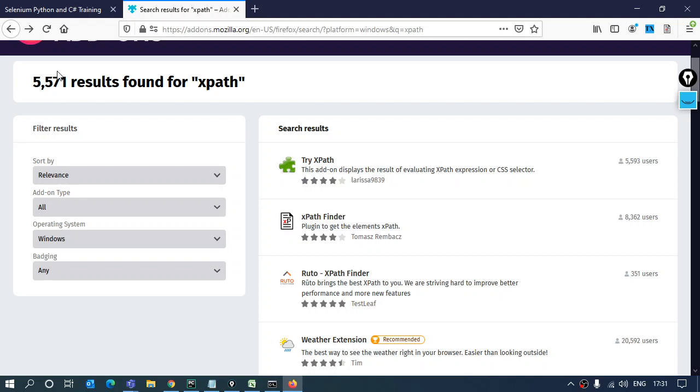99.9% of the XPaths we are making, or the different locators we are going to make, are going to work on every browser that you work with. But sometimes it can happen that on any browser, like on Firefox, if I look at some website, the element I'm looking for loads late. It takes time to load. At that time I may get an error that this element is not found, but that element exists on the page.